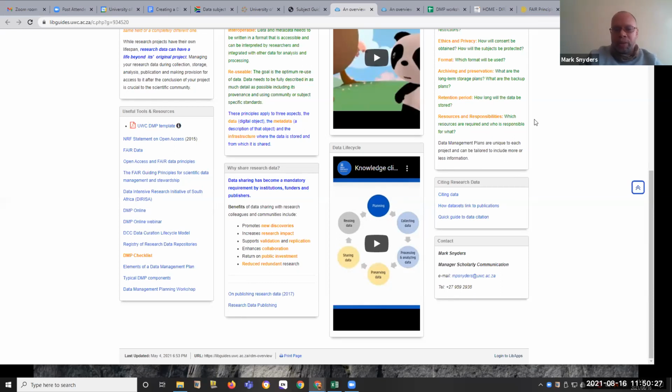As far as your resources are concerned, some budgeting may be required in terms of the research data itself.